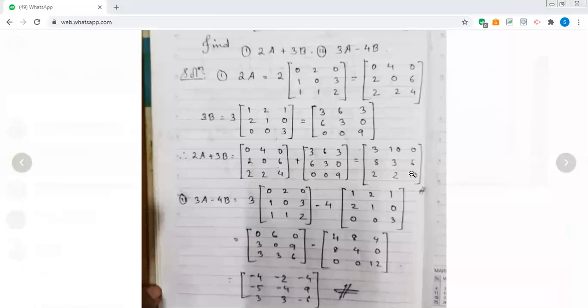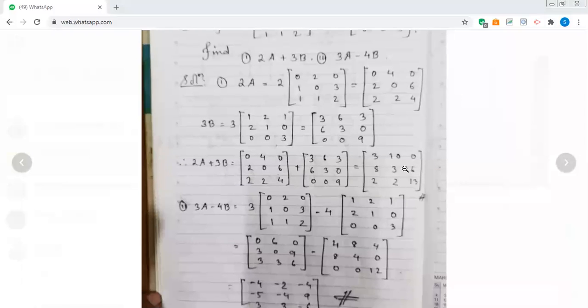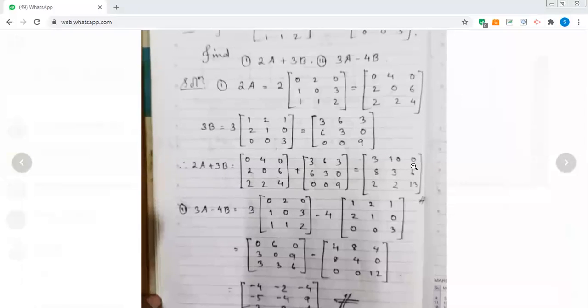Excuse me, sir. Yes. Sir, the solution of the first question, the first row should be 3, 10 and 3. Oh yeah. Sorry. 3, 10 and 3. Yeah. 3, 10, 0 is written. Very good. Thank you. 3, 10 and 3. Very good. Yes. Okay. So yeah, 0 plus 3 is 3. Okay, then next, go to the next one.